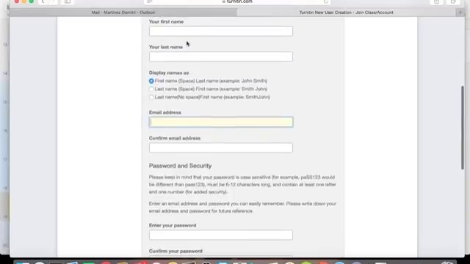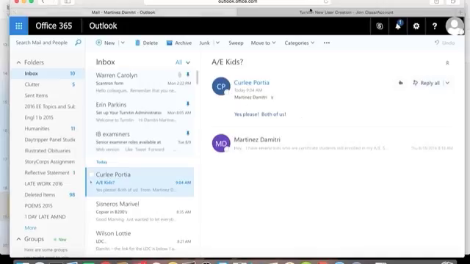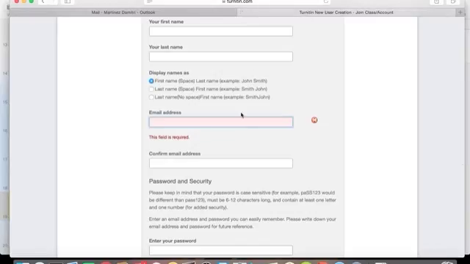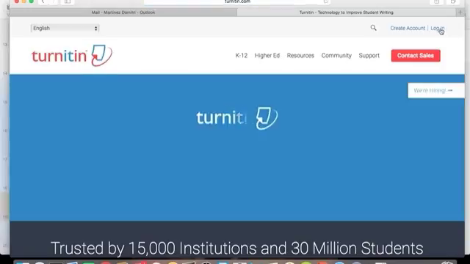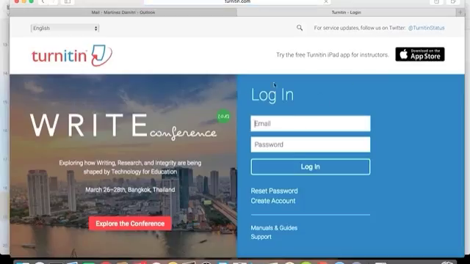They are then going to have to check their email because they're going to get a specific email asking them to confirm their email address and their Turnitin account. They need to confirm their account, and then what they need to do is go back to Turnitin, go into login, and then when they have the blue screen, try out their login. Okay. Now once they are logged in,